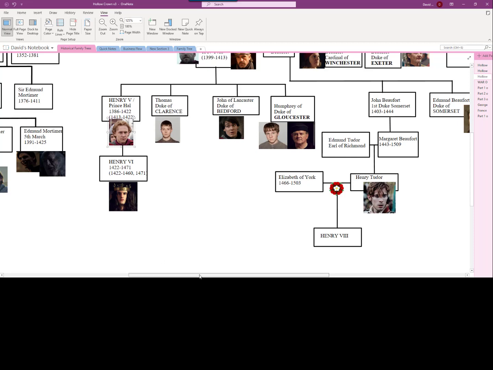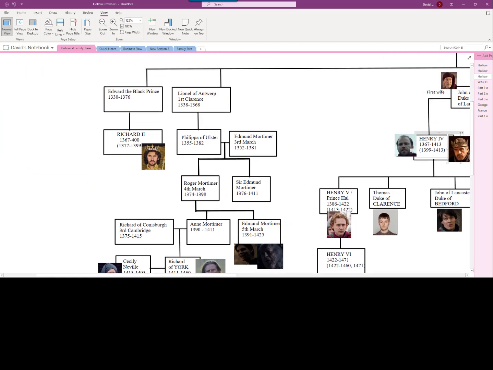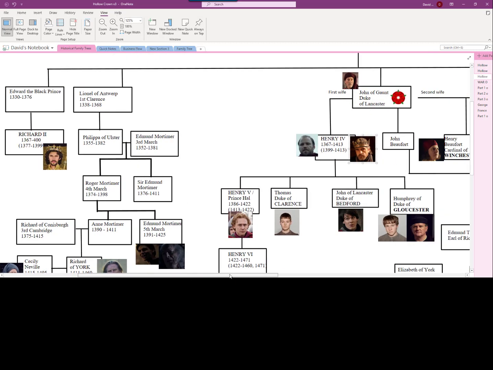I want to go back. There's a reason I mentioned some of the events of the first season. It's not just a recap, but there's something really important happening here. Even though Richard II had no children, Bolingbroke was not the legal next in line to the throne, because the